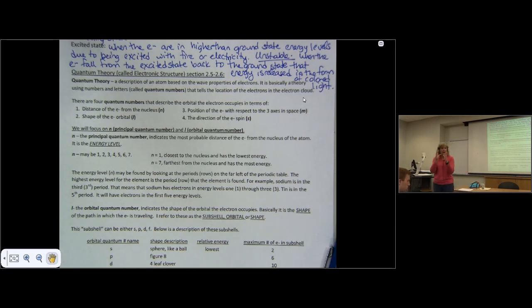That's how you have a pair of electrons. And a lot of what we're going to do will be dealing with pairs of electrons. And so the fact that you can have a pair, it's due to the fact they're spinning in opposite directions. That's how. Then you've got that scenario of the position of the electron with respect to the 3 axes in